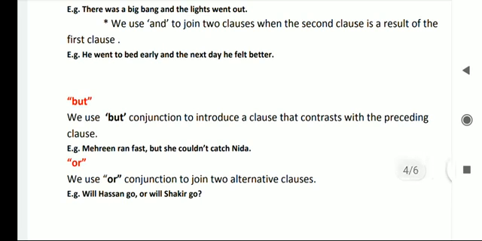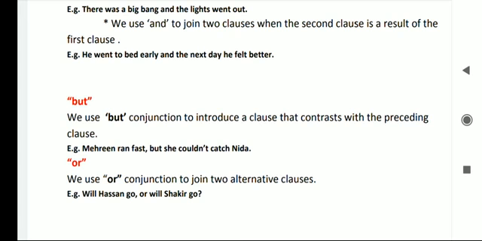अब but इस्तेमाल कहाँ पे करते हैं? We use but conjunction to introduce a clause that contrasts with the preceding clause। जो preceding clause जो है उसके साथ contrast हो जाता है। For example, Mehreen ran fast but she could not catch Nida। So यहाँ पे we use but conjunction to introduce a clause that contrasts with the preceding clause।